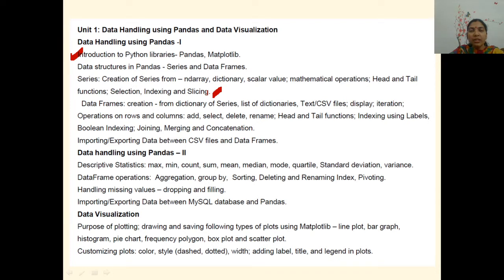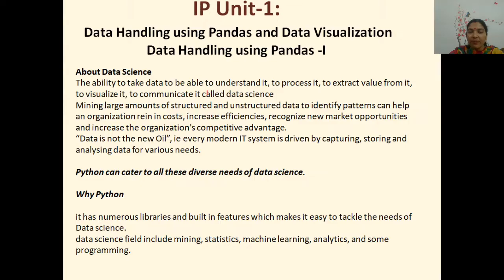These noted things will be practiced in our practical session as we did in our database part. We learned and then we did the practicals. And this is the best way of learning also. You require to know the theories, you require to know the things and then apply them. So let us start learning it.